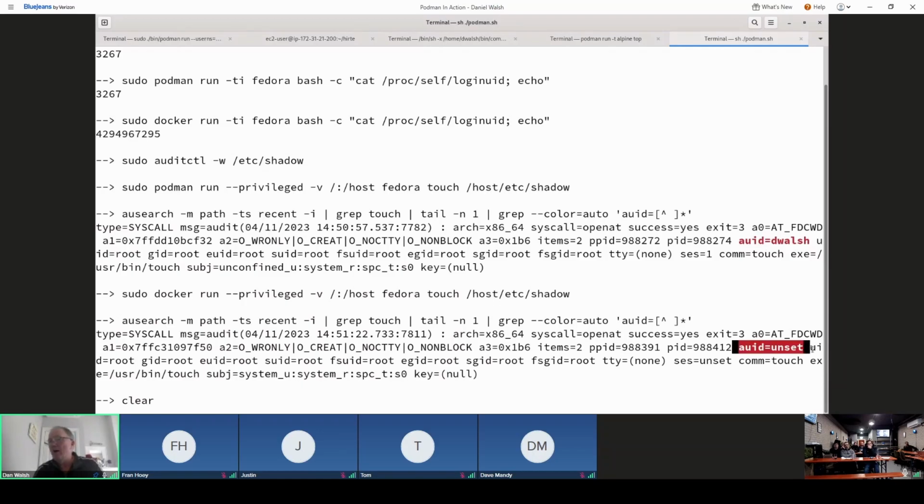So it doesn't know who modified the /etc/shadow file, or who launched the container to do that. And with Docker by default, if I just remove the container that I launched, it will remove the log files, and there'll be no record anywhere in the system that said that Dan Walsh modified the /etc/shadow file. So that's why access to the Docker daemon via rootless commands is more dangerous than giving a user root, because su would record the fact that Dan Walsh became root, or sudo without password, because again, those tools will record the fact that I became root before doing certain activities,